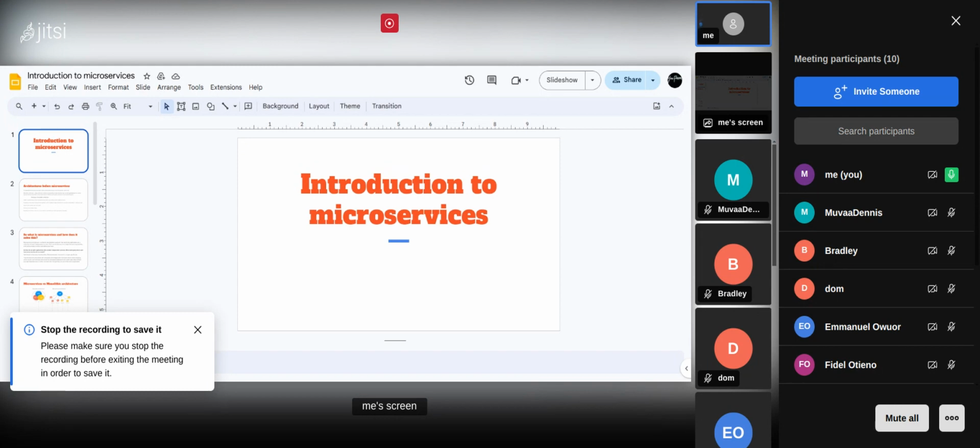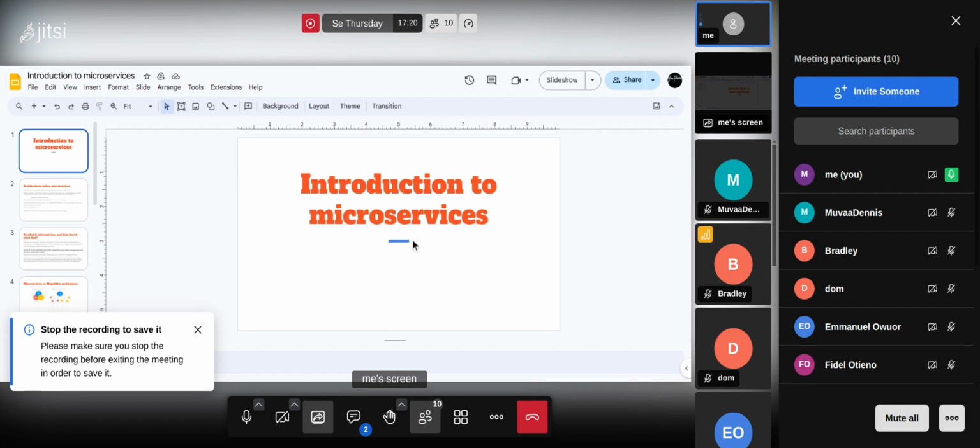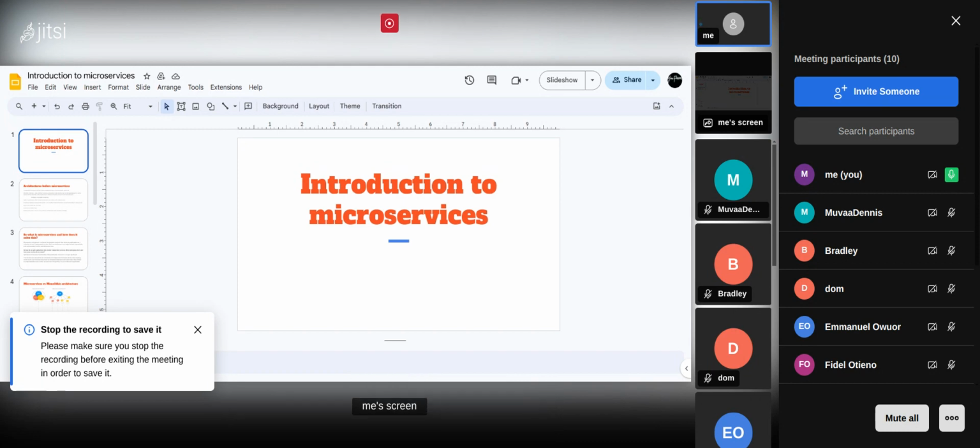What happens with microservices, and why people really want to do microservices, is simply because it's very easy to scale them. Assuming you have just one service responsible for logging in users or creating accounts, and at a particular moment, people are just creating accounts, but not withdrawing funds or doing anything else. You have so many people trying to access the account creation and login functionality.